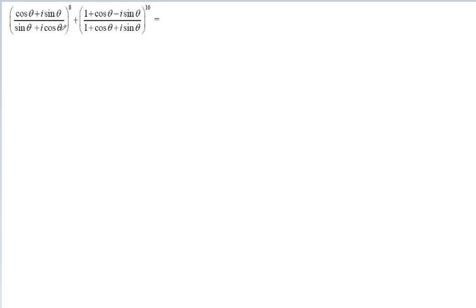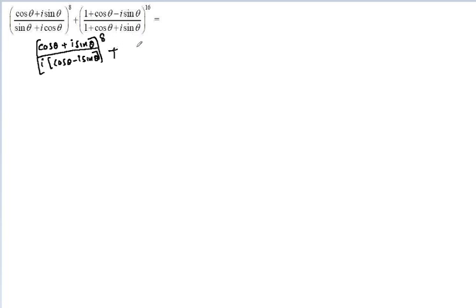Value of ((cos theta plus i sin theta) by (sin theta plus i cos theta)) whole power 8 plus ((1 plus cos theta minus i sin theta) by (1 plus cos theta plus i sin theta)) whole power 16 is equal to dash. So here is given cos theta plus i sin theta by, take i common in this equation, that is, so (cos theta minus i sin theta) whole to the power of 8